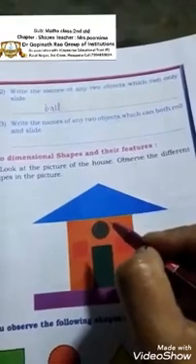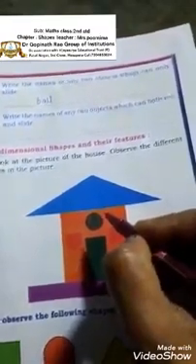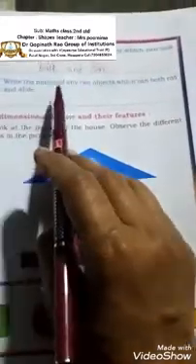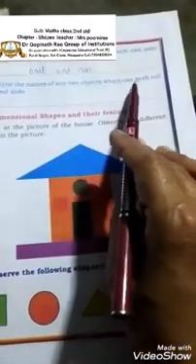Okay, now we are going to answer some questions. Write the name of 2 objects which can only slide. Only slide means we can tell ball, okay, and yes, and coin, children. Okay, now look at the picture of the house. Write the name of any 2 objects which can both roll and slide.